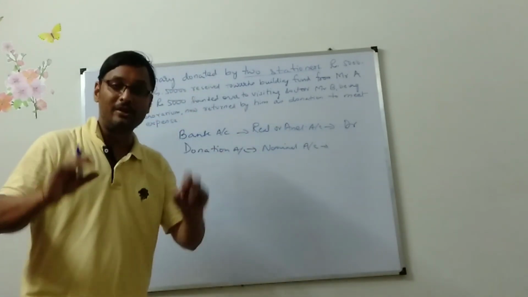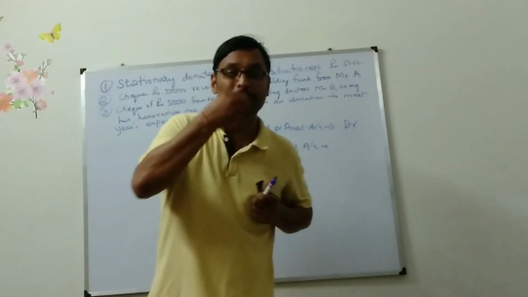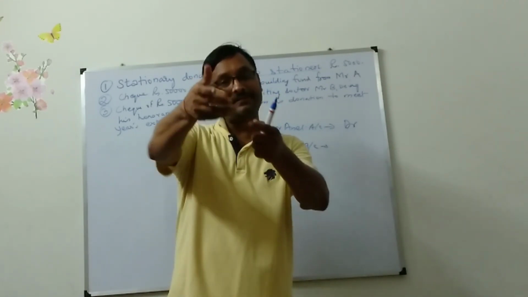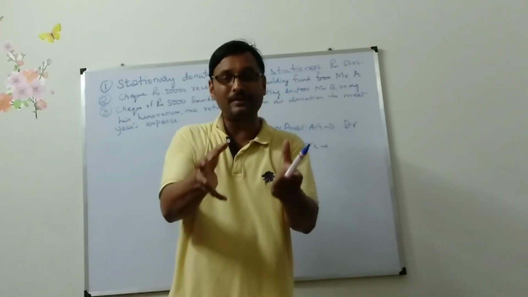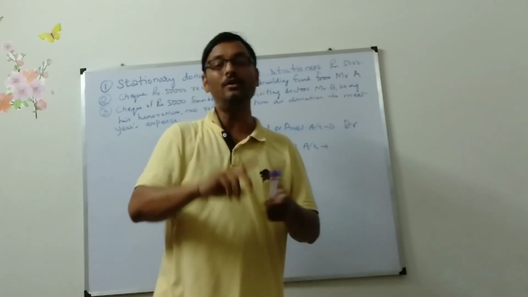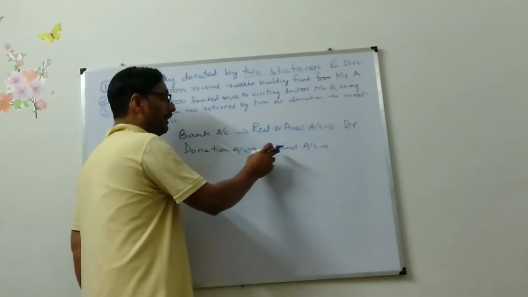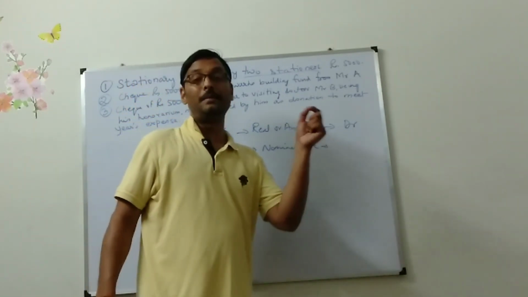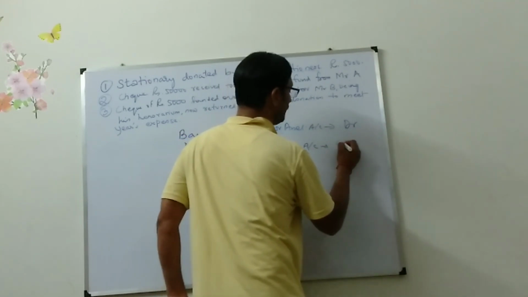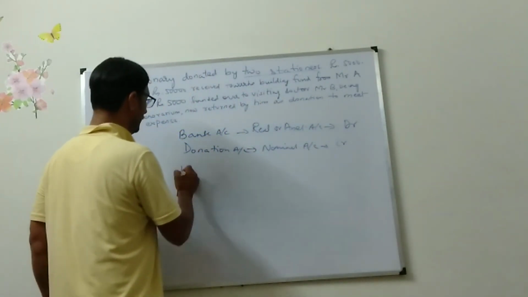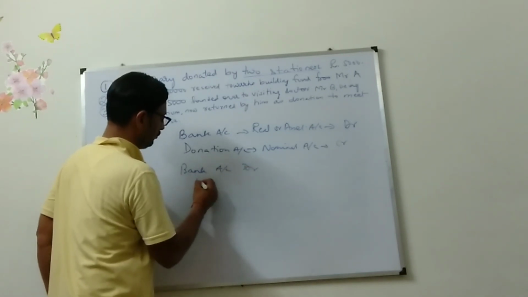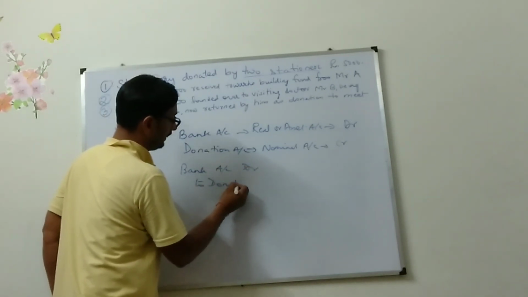And this has become your income. While giving that check, that was your expenditure. Now that person has returned it as donation, so you will be writing it as donation. That has become your income. So income comes under nominal account. Debit all expenses and losses, credit all incomes and gains. So it will be credited. So what entry will you be making? Bank account debit to donation account.